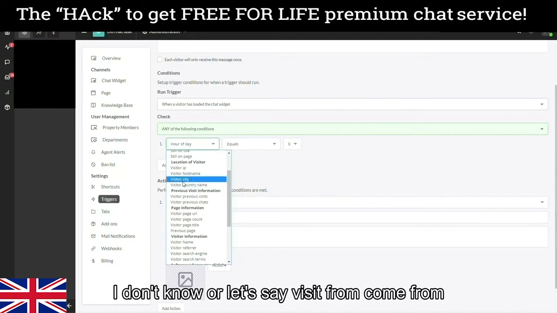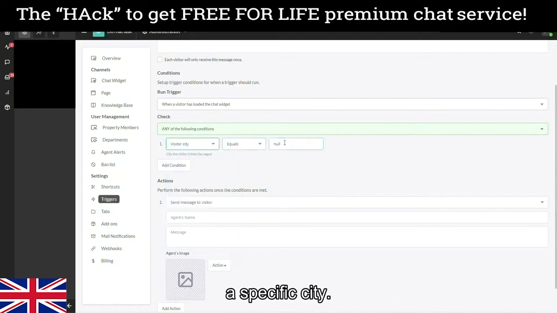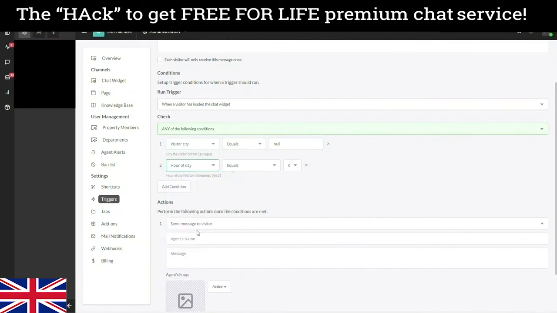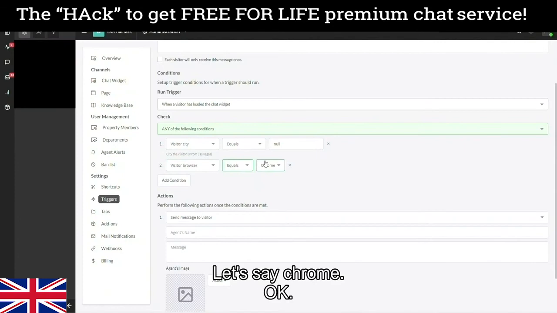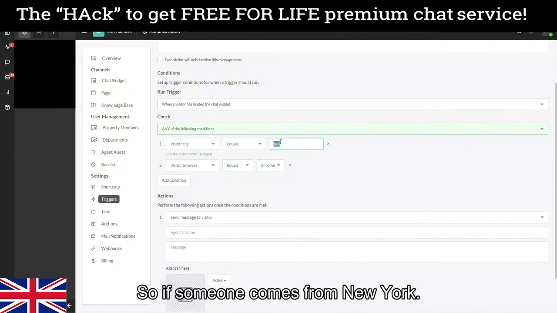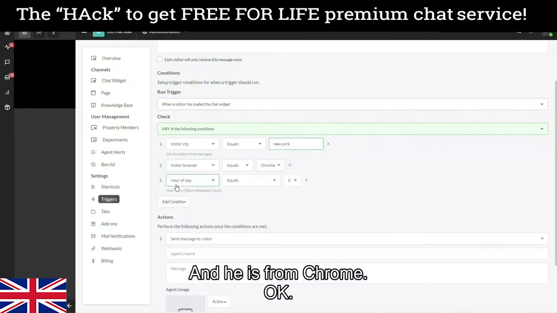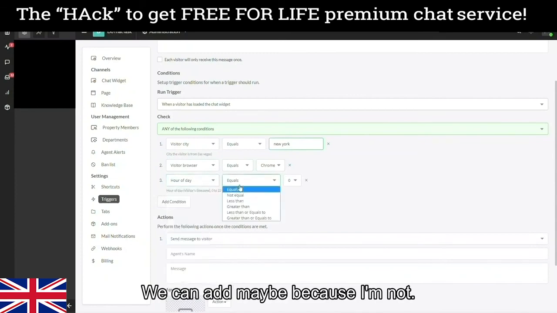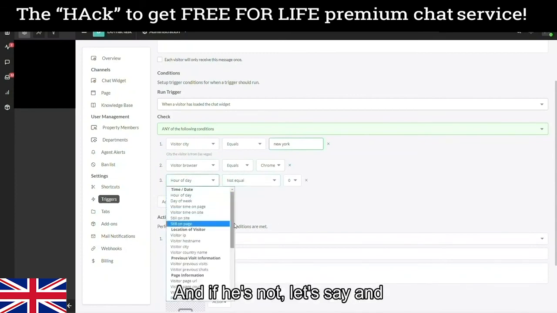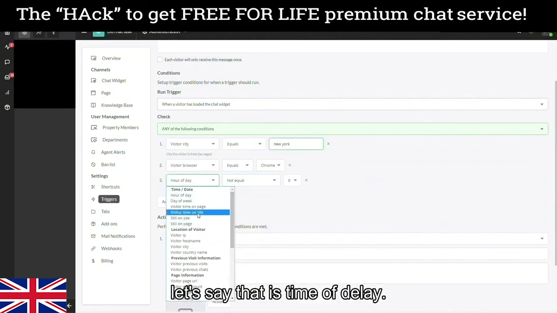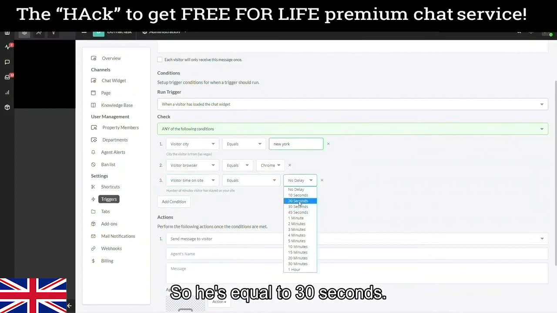Let's say a visitor coming from a specific city, and he is on, let's say, Chrome. So if someone comes from New York and he's on Chrome, we can add equals or not equals, and if he is, let's say, time on site, equal to 30 seconds,